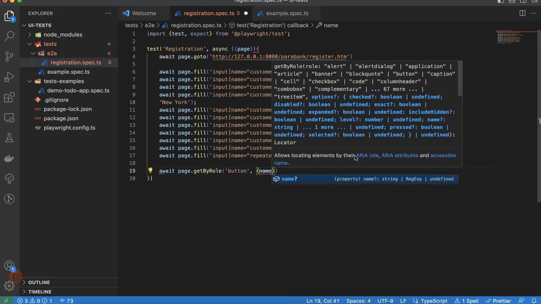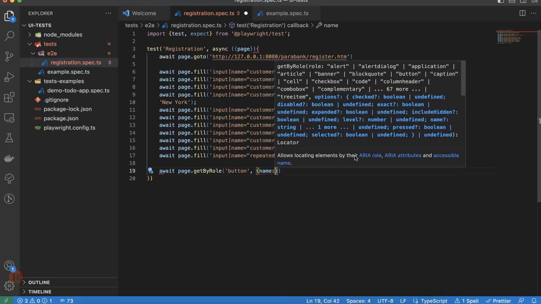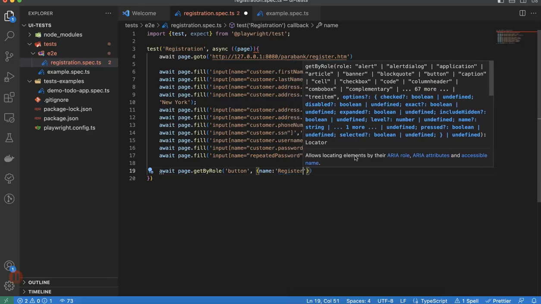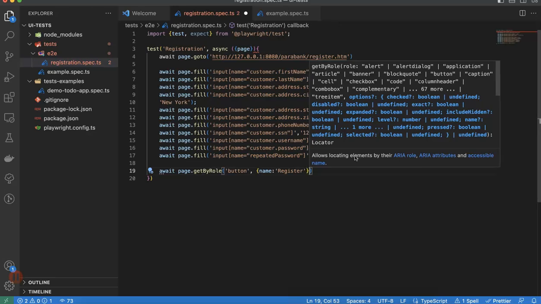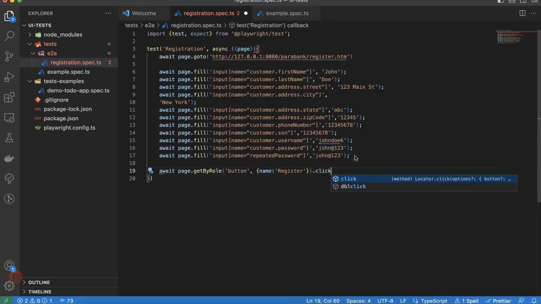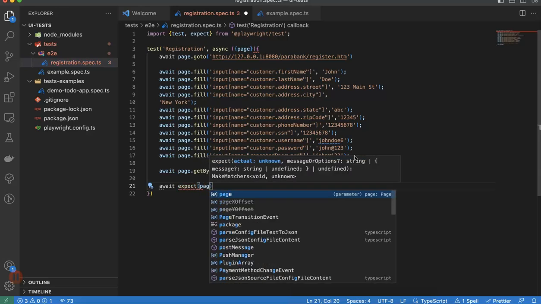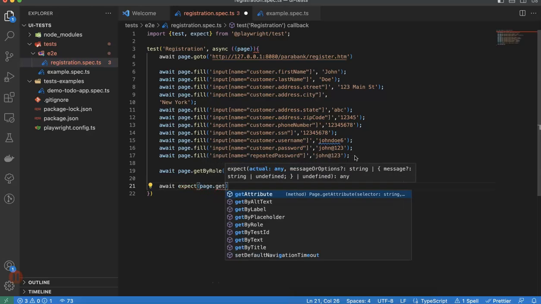So type the name, which is register, for the button, and all that I have to do is click on this button, right? So page.get by text,